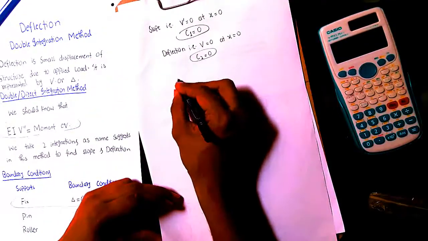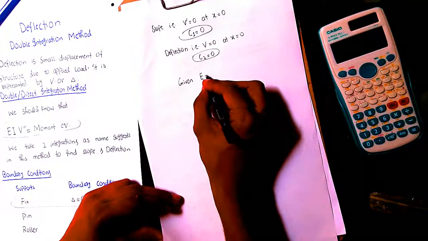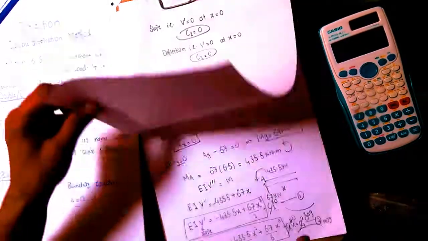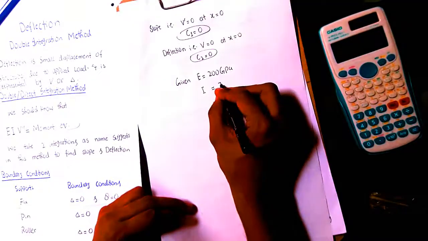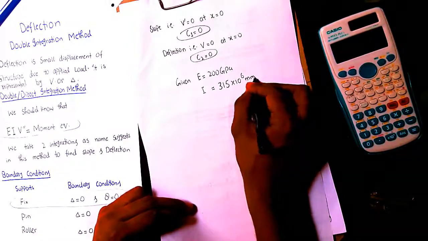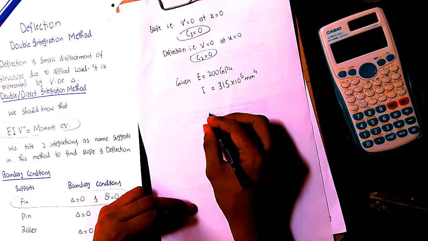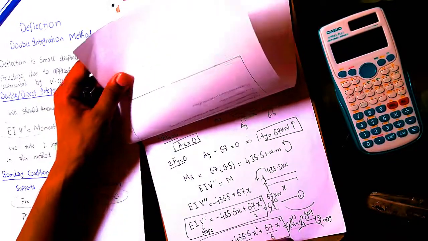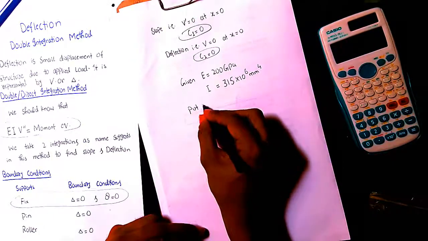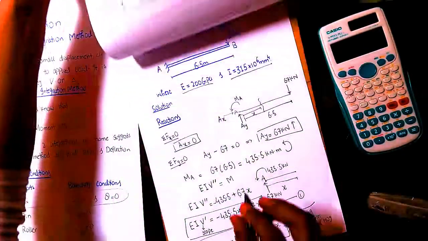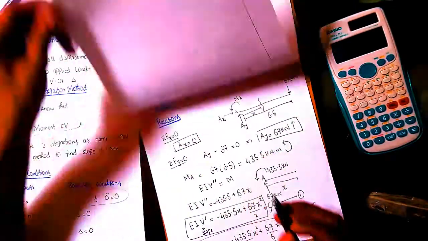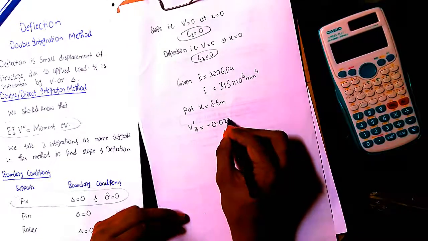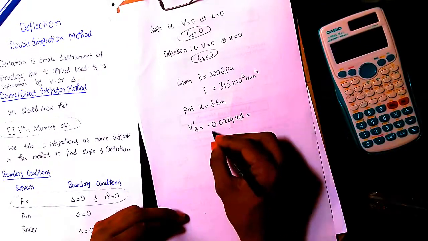Now putting in the given values, E was 200 gigapascal and I was given in our problem as 315 multiplied by 10 to the power 6 millimeter 4. Putting these values in the slope equation and deflection equation, put x is equal to 6.5 meter as point B is 6.5 meter from the left. This will give me slope at B is equal to minus 0.0224 radian, which means that the negative sign indicates